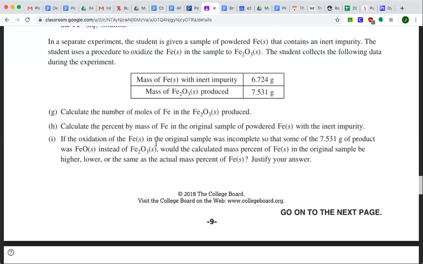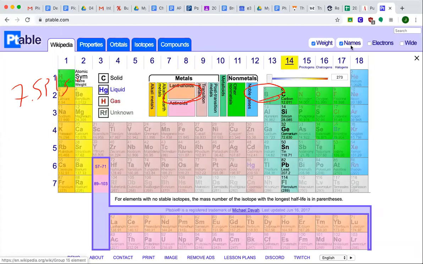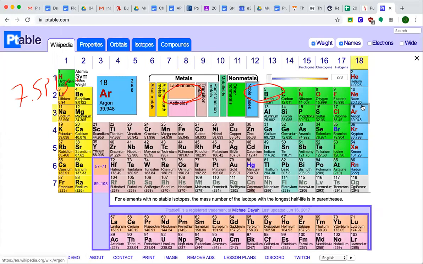Because you know that this is pure. Okay, so if that's pure and we have this many grams of it, at least that's the assumption that I'm making. So if you assume that that's pure, then you have that many grams of it. So you do 7.531 grams times iron is, what's iron? Iron is number 26, so it's 56. Okay, so 56 grams per mole,